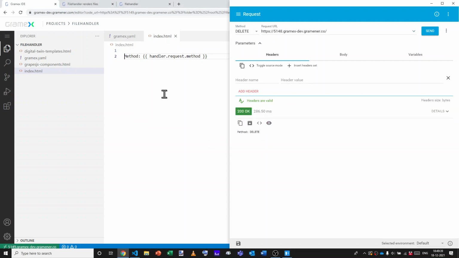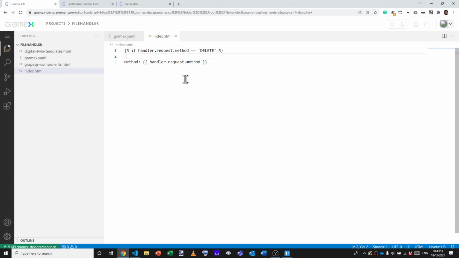And we can use that conditionally. We can say if handler.request.method equals DELETE, then do whatever processing we need to delete things, delete stuff.